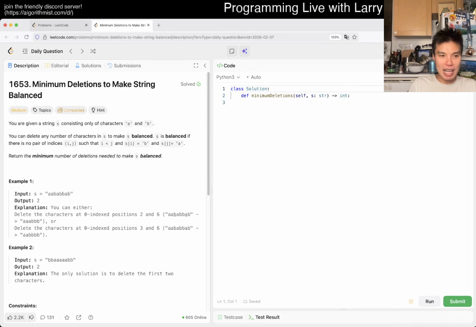But yeah, so you're given a string S. Let's get to the problem. You have A and B. Okay, that's interesting. You can delete any number of characters in S to make S balanced. S is balanced if there are no pairs of